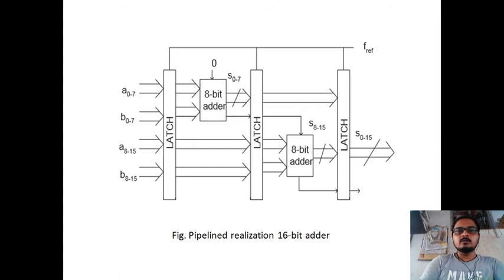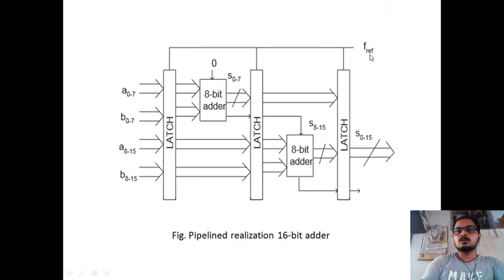In parallelism, we are using two 16-bit adders. Here we are using two 8-bit adders. Then the pipeline architecture gives less delay, almost half of the delay compared to the parallelism. That's why we didn't decrease the clock frequency. This is the main difference between parallelism and pipeline. Here the delay in the critical path decreases in pipelining.